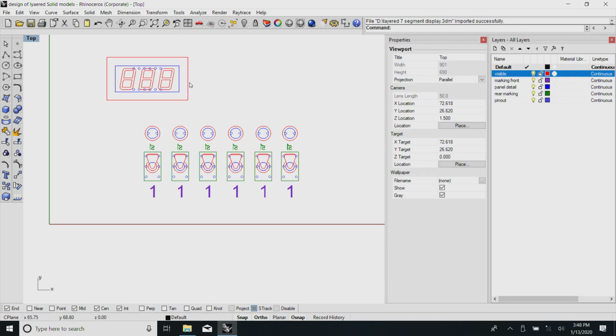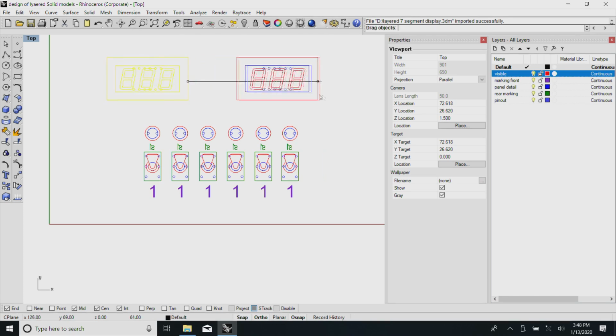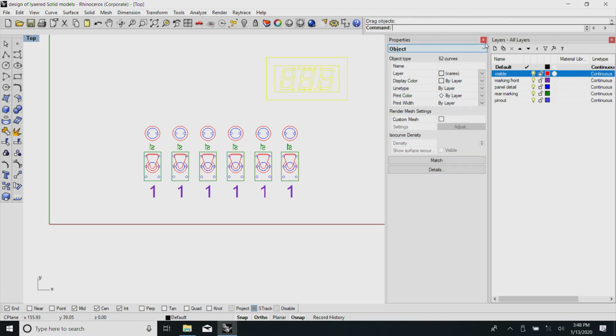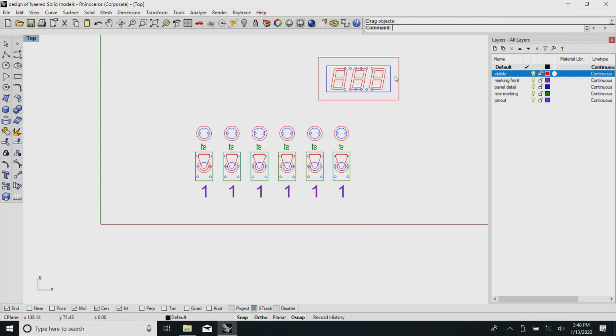See here, that was created at some other place. I am able to import it here directly. Now, it is very easy for me to position it wherever I like.